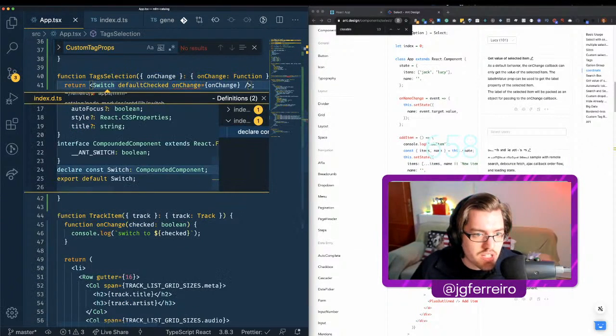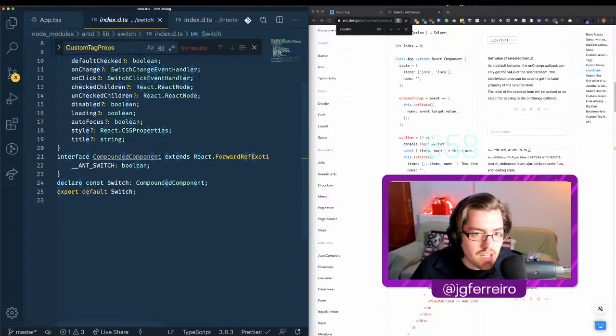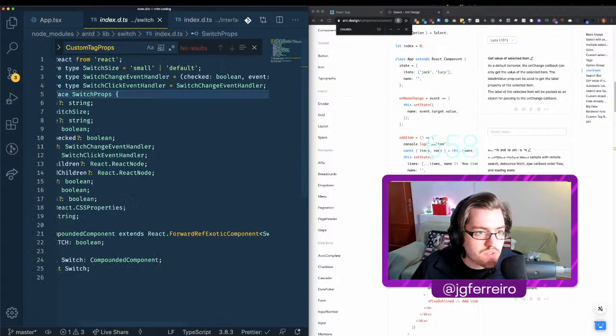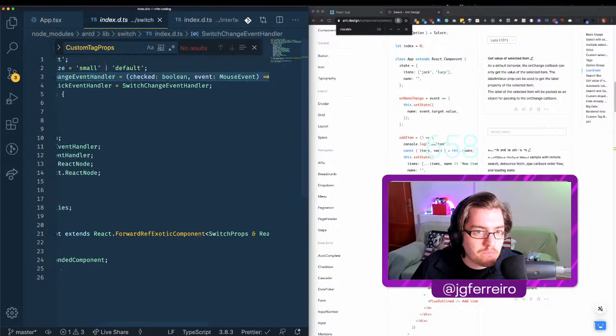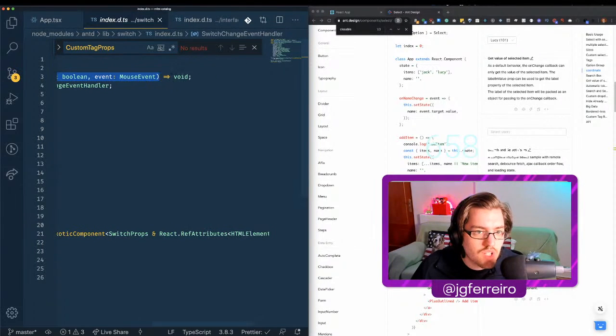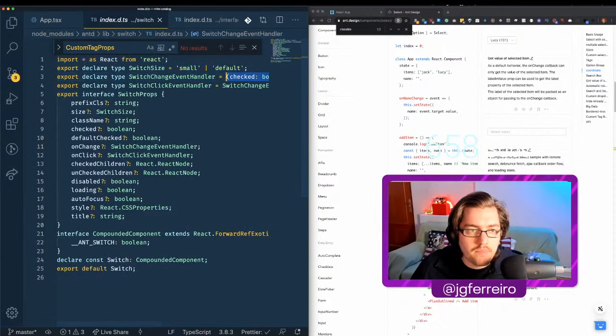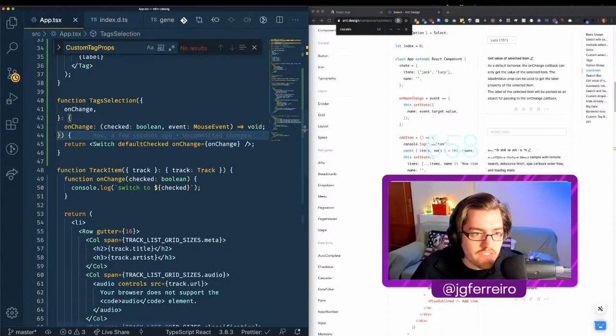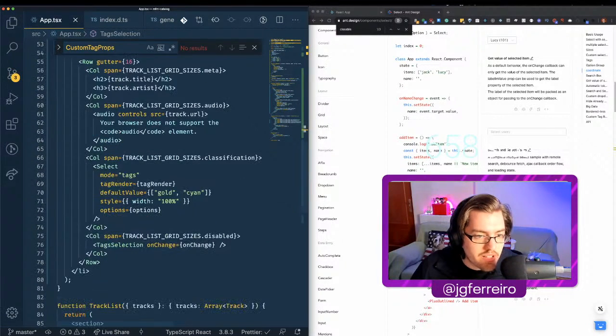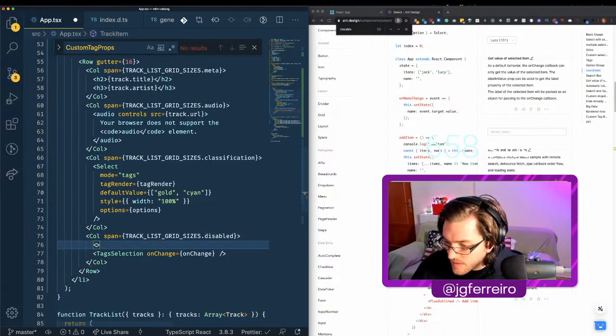So let me check. Switch props onChange. Okay. Let's do this as of now, and then we can eventually do something else. Alright, so tag selection onChange, pretty awesome. And then we will need another component for